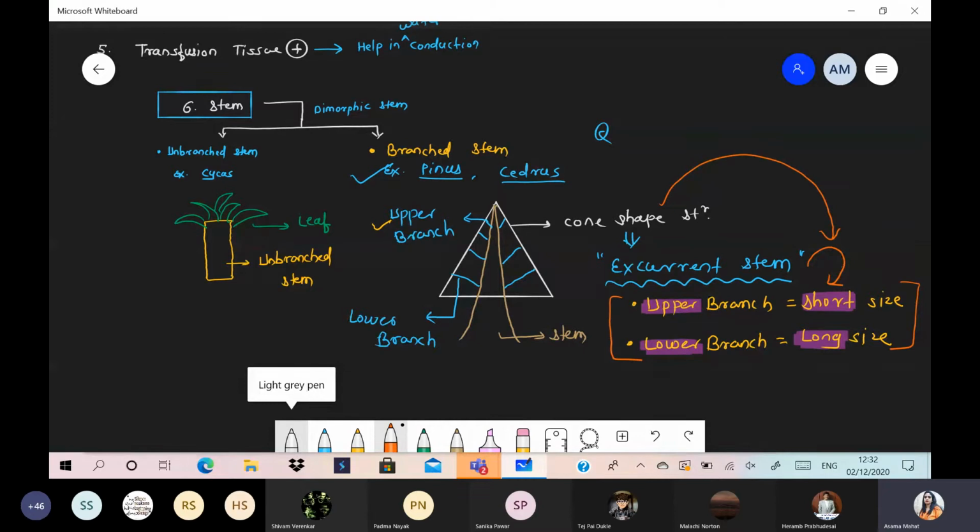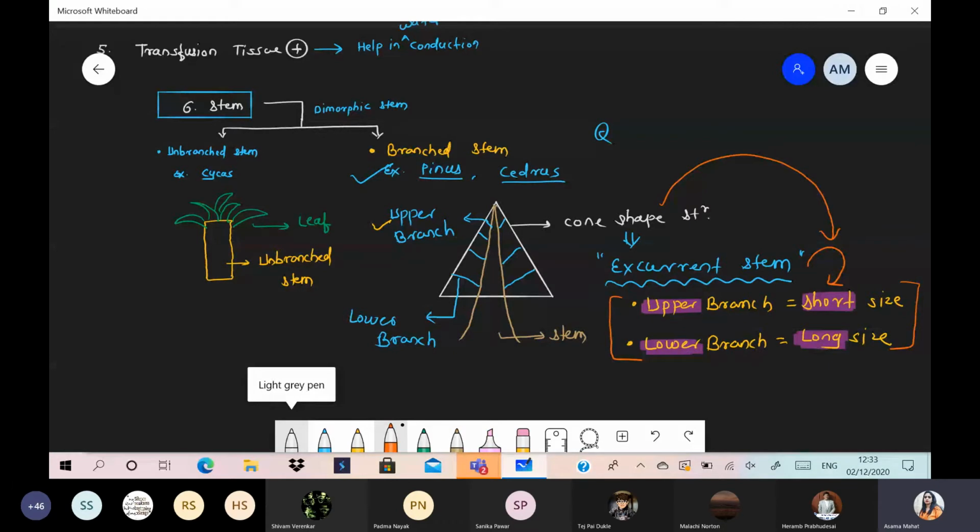Got it? What is the meaning of excurrent? Excurrent means many branches are present, of different sizes: long size toward the lower part, short size toward the upper part. Due to such an arrangement, they form a cone shape, right? And that cone shape arrangement of the stem is called the excurrent stem. Clear this point? And this should be so, because